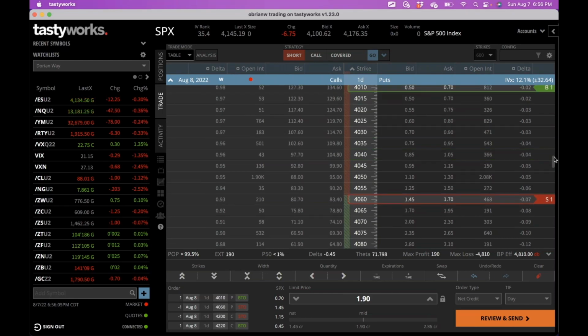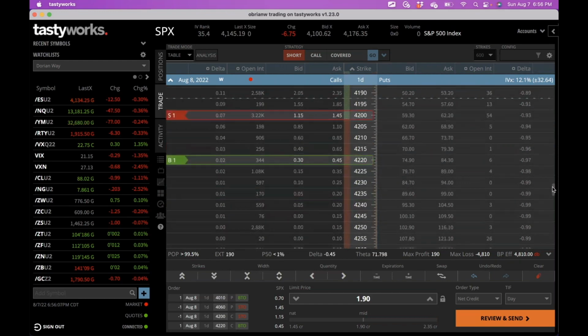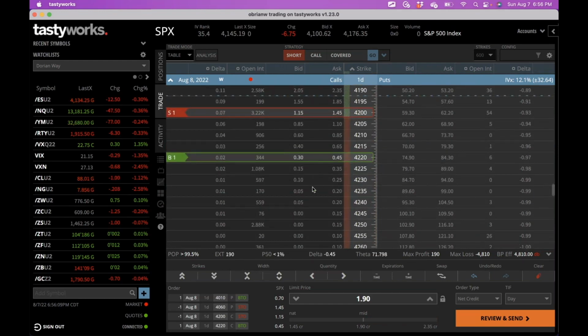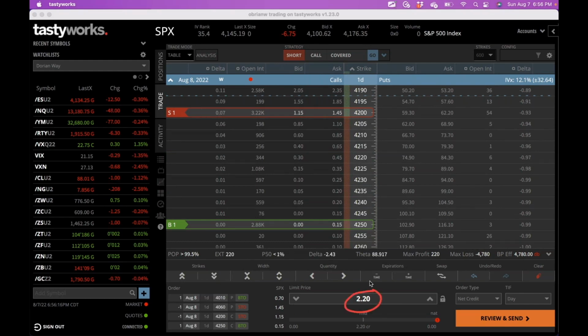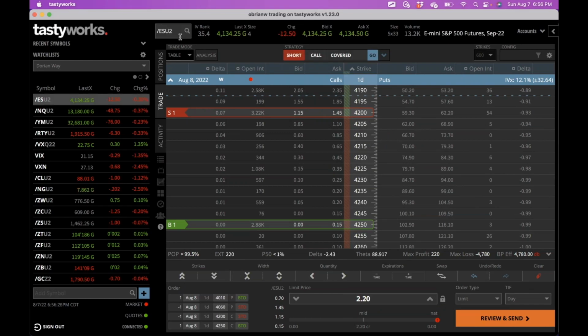This is a 50 point wide on the put side, and on the call side we would do something like a 50 point wide. So this is 50 points wide here. So now you see that with one contract we're collecting at least $2 or $100 on both sides. Okay? So you can do that with the SPX. You can also do that with the ES. Same kind of concept here.